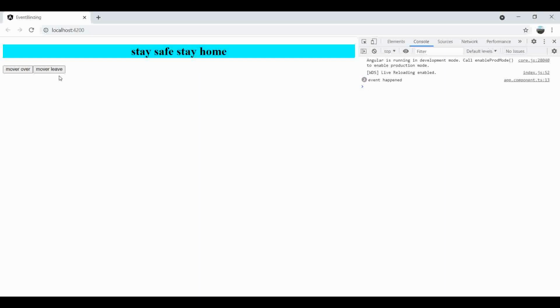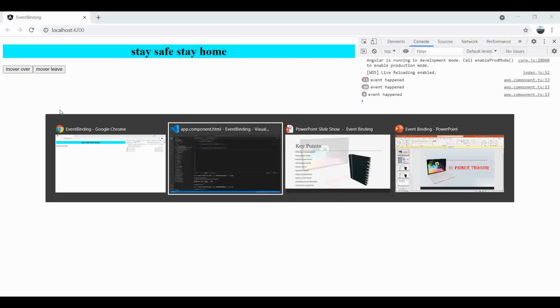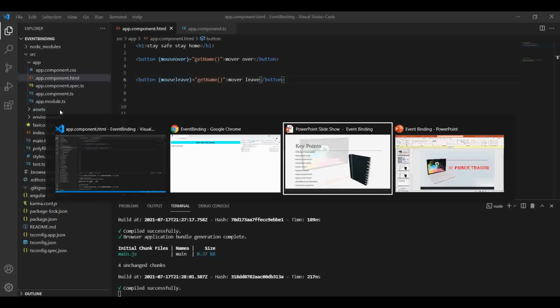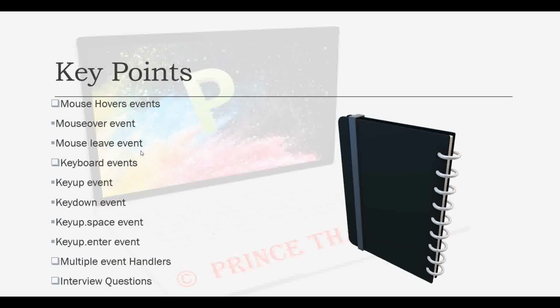Again I leave, the event is performed, similarly again and again. On the other hand, when I hover, no event is performed, that is a different thing, you can see on my screen. These are the examples of mouse hover and mouse leave events.